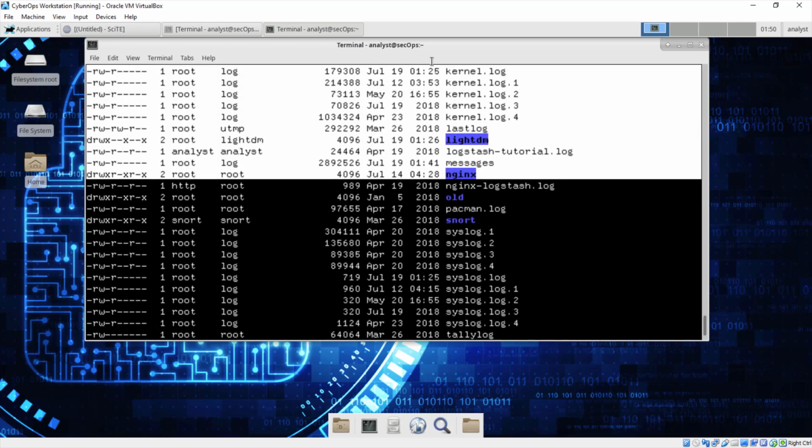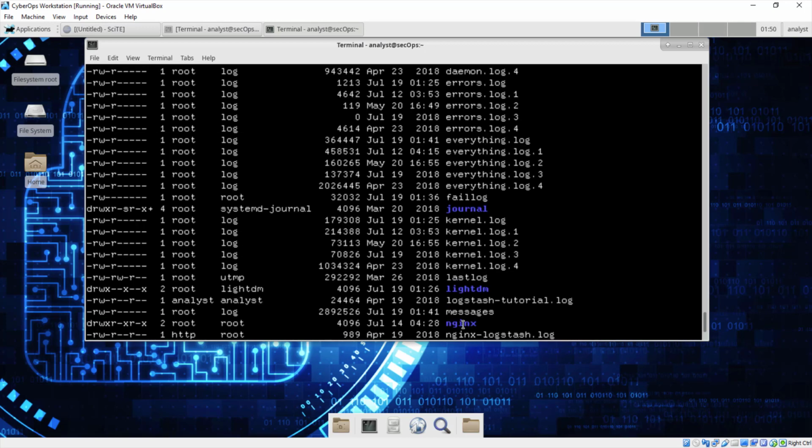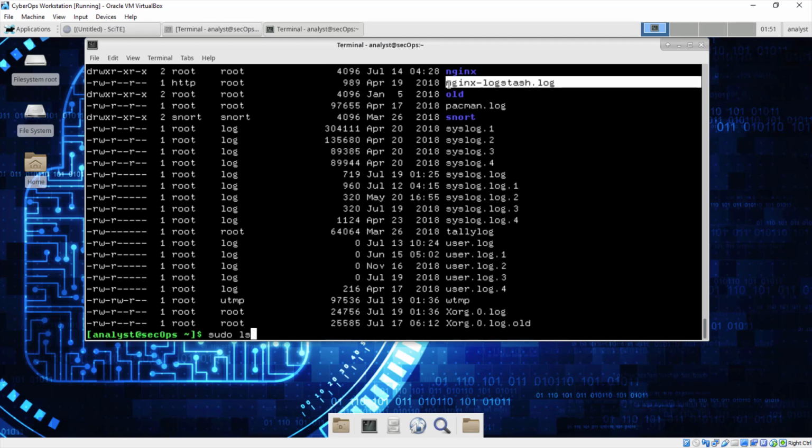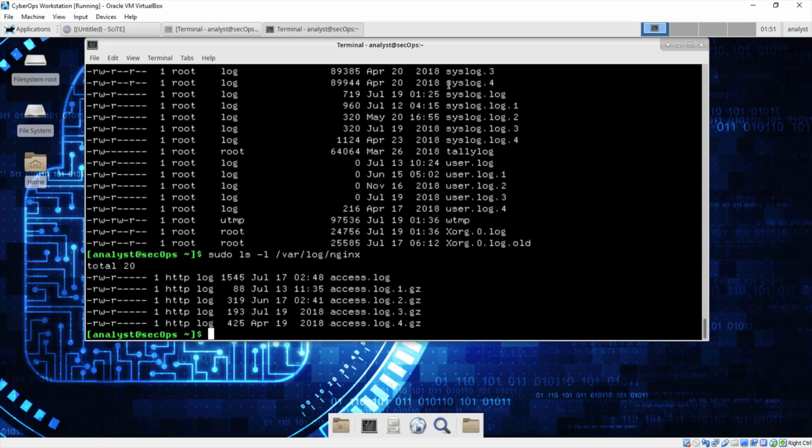Now we can still use ls to list the content of this particular directory. Let me first use sudo ls -l /var/log/nginx. So now here we have other information like this. We have access.log.1.gz